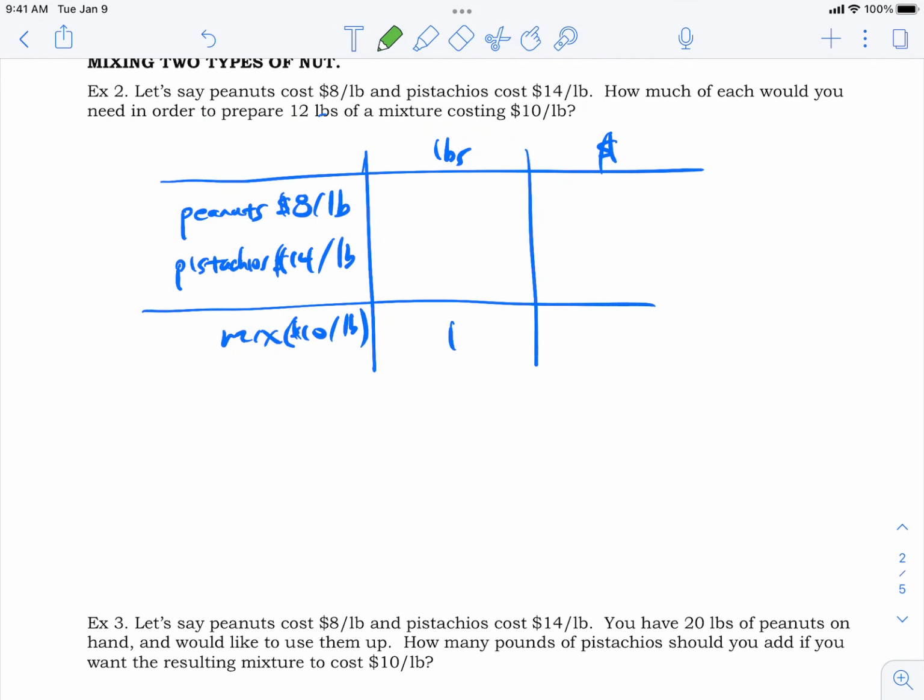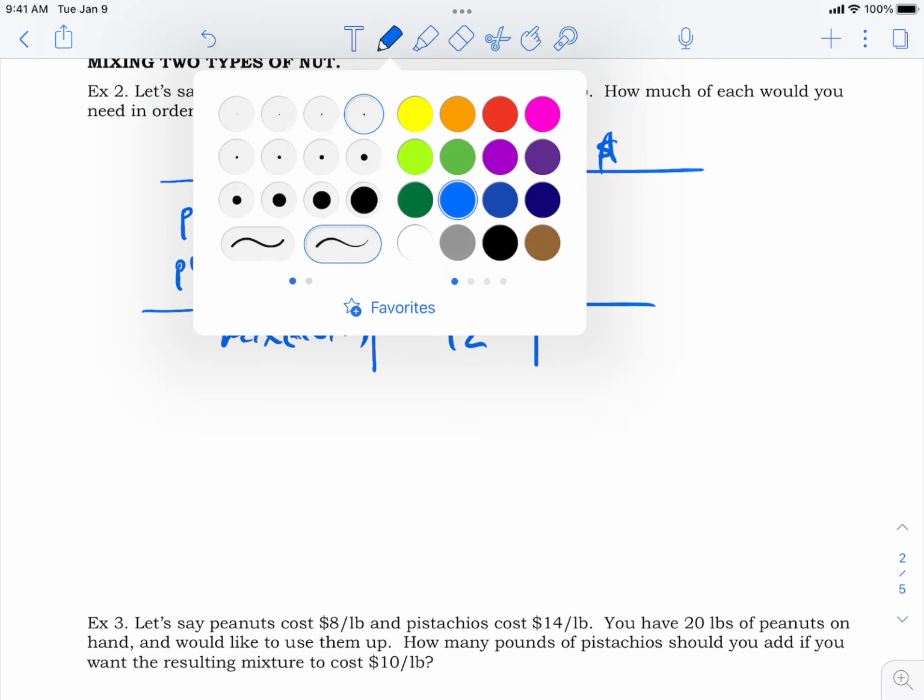That's supposed to be a 12. How does this stuff happen to me? That's a 12. Come on, man. Okay, so